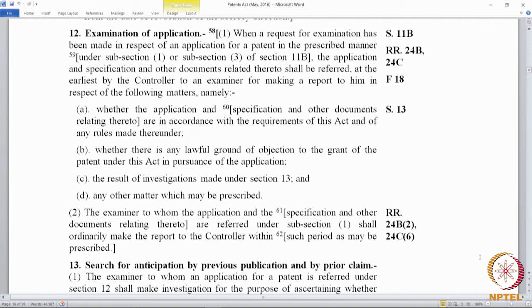and such report shall not be liable to production or inspection in any legal proceeding unless the court certifies that the production and inspection is desirable in the interest of justice and ought to be allowed. So, the normal rule is that the report made by an examiner to the controller under section 12 is confidential,